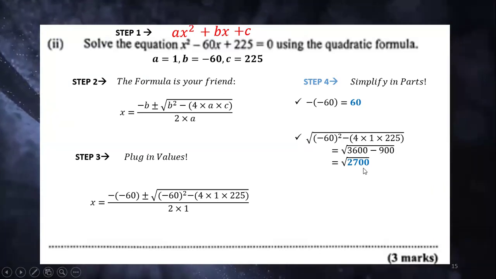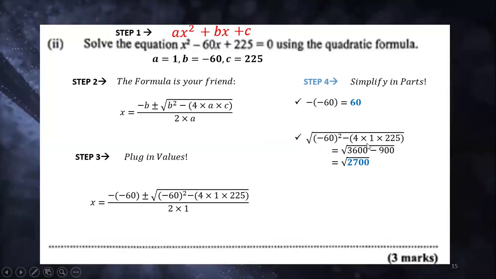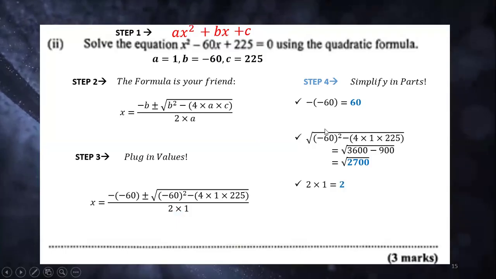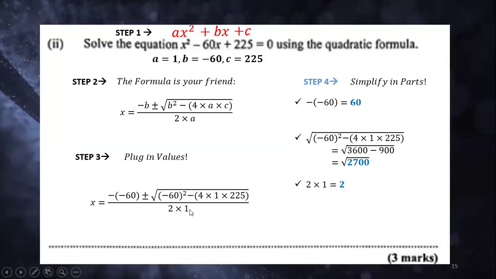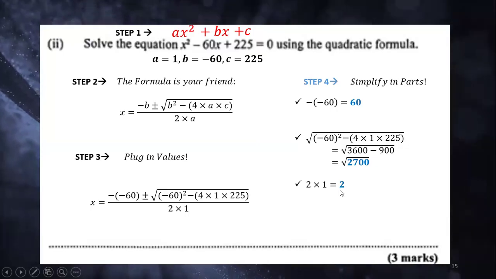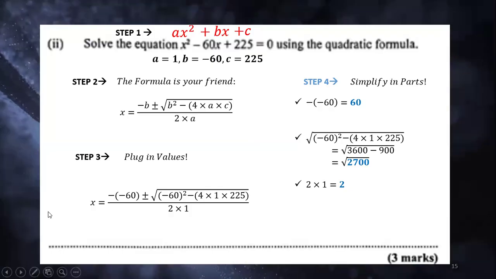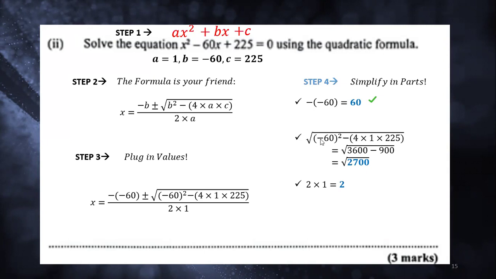3600 take away 900 will give me 2700. And then find the square root of that. That's going to be our result later on. But now we're going to look at getting 2 times 1, which is 2. So we worked out the 3 major areas. That makes it a little more interesting and less cumbersome. The B section, the negative B, the discriminant or the thing under the square root sign, awesome, and the denominator. Once you have those, then